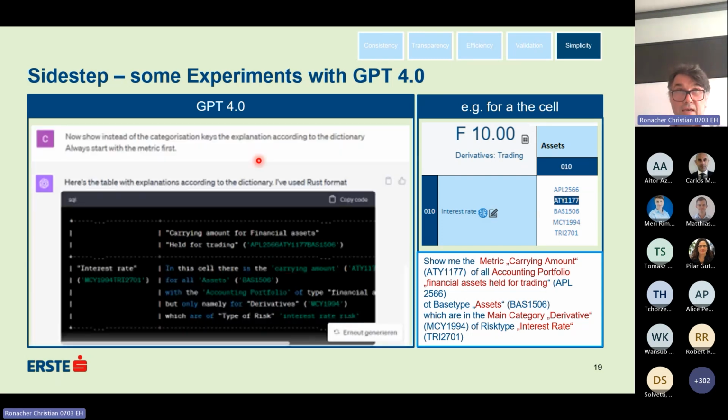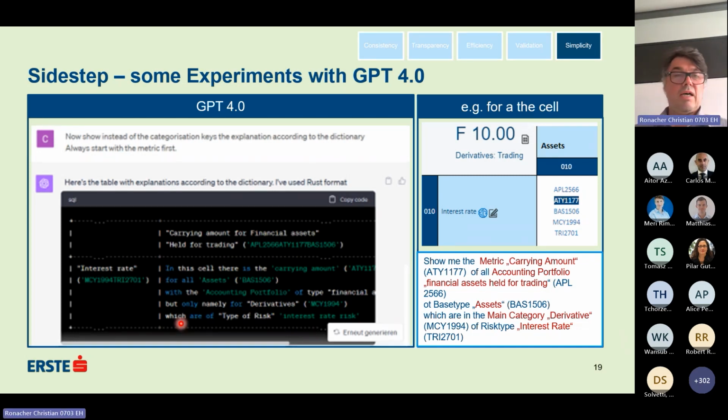And here you can see after just one prompt, that it came up with the very same solution as I described here. So just enumerating the context of the dictionary, but not only for the cells, but also for the columns and rows.